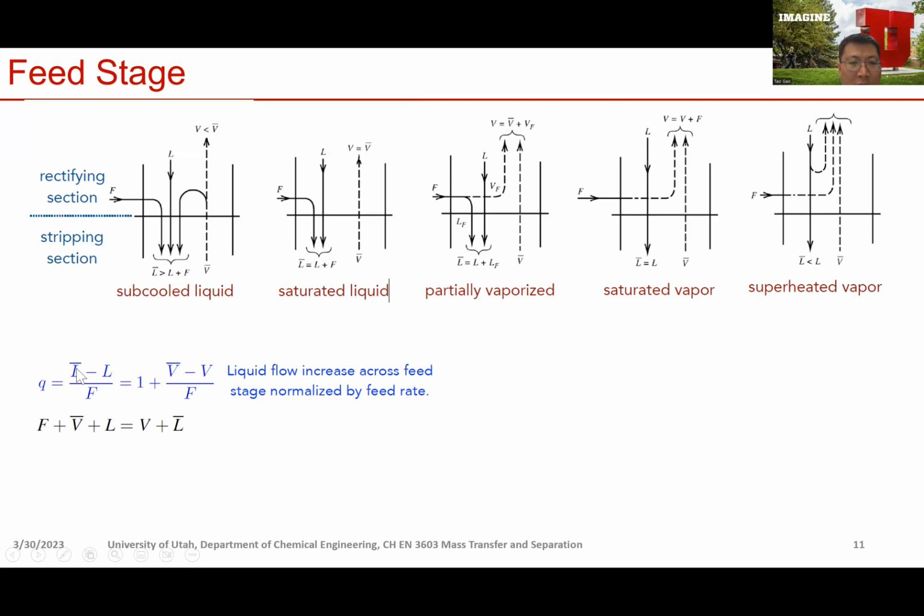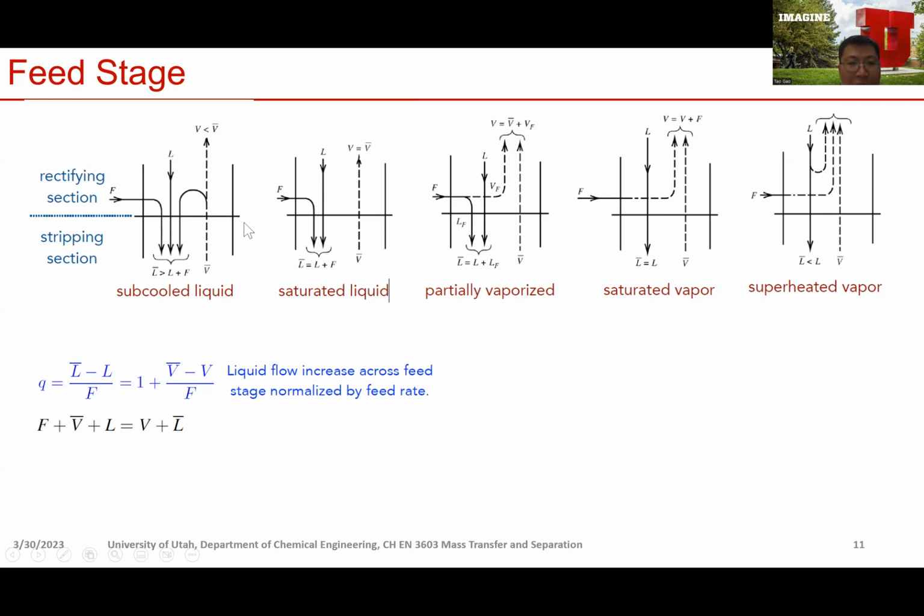it basically means L bar is the liquid flow rate in the stripping section. L is the liquid flow rate in the rectifying section. So the difference means the liquid flow rate change as liquid flows across the feed, right? And because of the mole conservation, mole balance, we have F plus V bar plus L equals V plus L bar, right? That means basically,